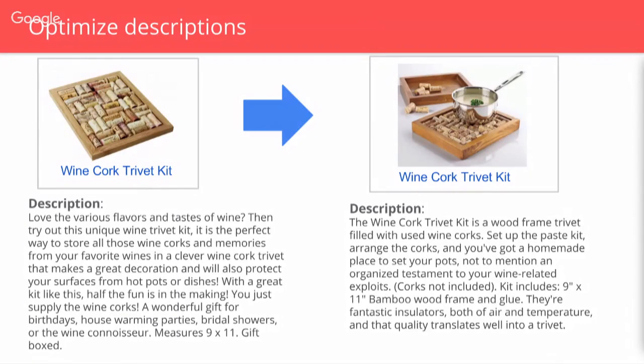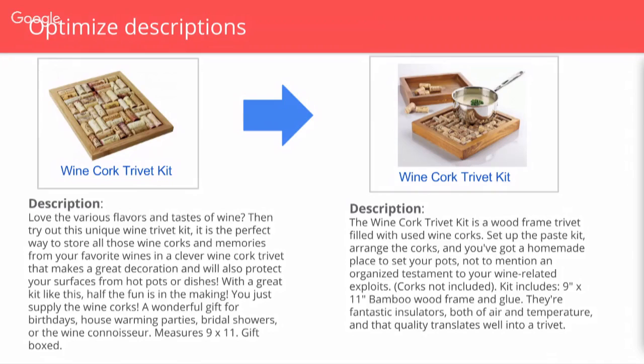So we're actually getting into what it is, why it's so great, how we're using it, and then we can get into some of the more specifics of it, how big it is, what it's made of, all of that stuff. So it's really important that we're taking advantage of the description. The description again could be a little bit truncated, but we want to make sure if they're looking at the whole thing that they're getting a really clear idea of what it is.